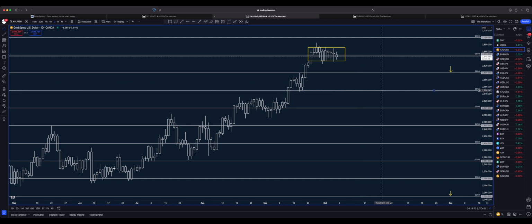For sure, I will be more into buying gold rather than selling, but I need to wait for the price to come to levels where I will be more into buying from, like this level, as I said, which is 2,600. This is one level I will be looking to buy from, or 2,250, but that is a far target to buy from right now.